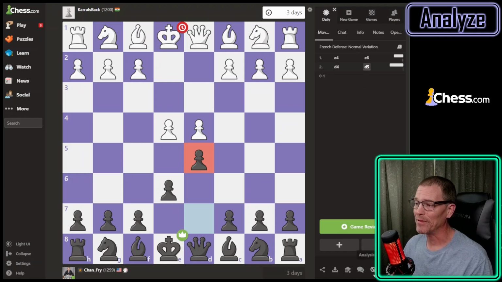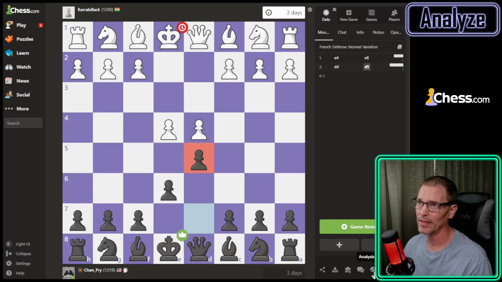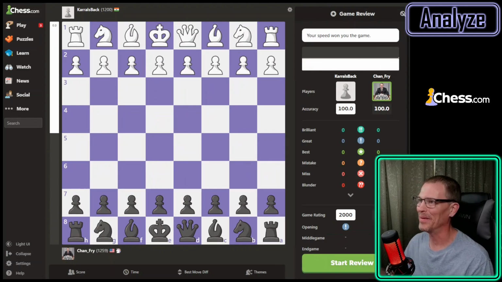But anyway, today I found this button down here at the bottom. I don't even know if that was there yesterday. I'm positive I didn't see it. But anyway, if I click that, will that take me to the analysis board? No, it took me to a game review. Wow. And from here, you have to click a different magnifying glass to get to the analysis board. I didn't need a game review for this game, so we just wasted my only free game review of the day for this. Okay, this video is not going very well either, but I'm going to power through